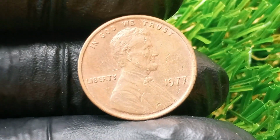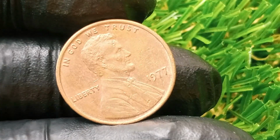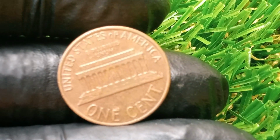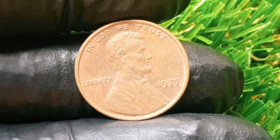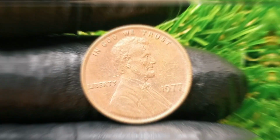generation of collectors to hunt for rare error coins in their pocket change, old piggy banks, and inherited collections, armed with digital scales, magnifying tools, and access to online databases that track every known major error type and auction record. And the buzz around the 1977 penny continues to grow as more people become aware of its potential value, especially in uncirculated or mint state condition, where coins can command high five- or six-figure prices even without the most